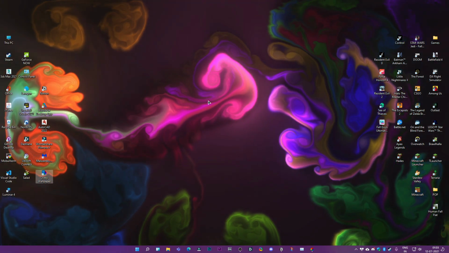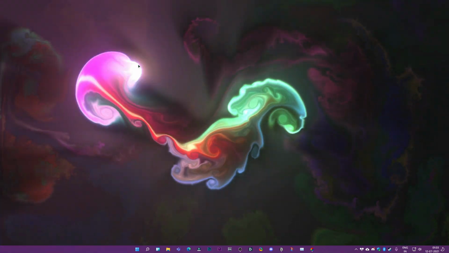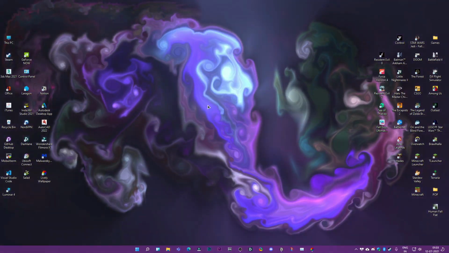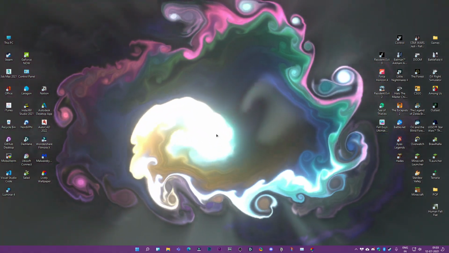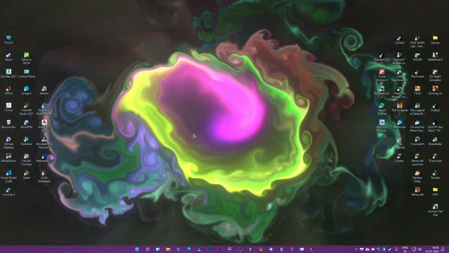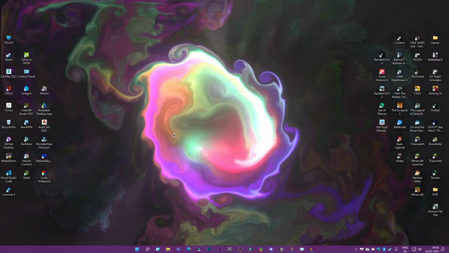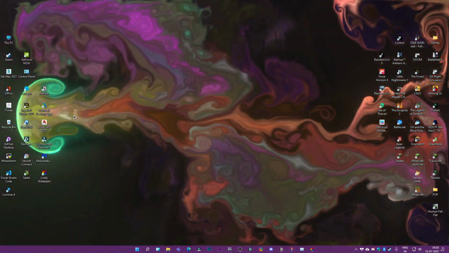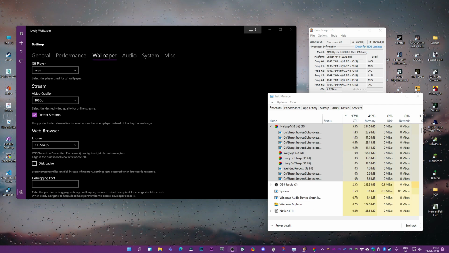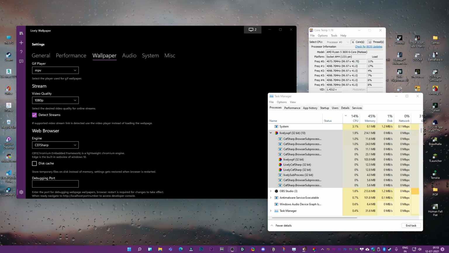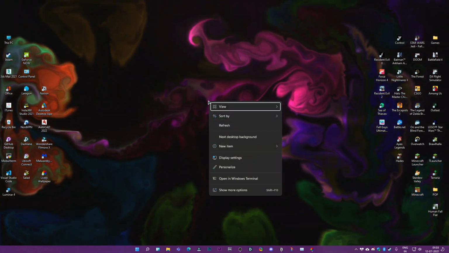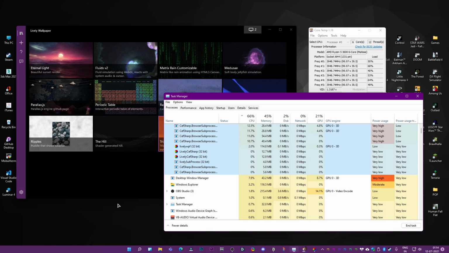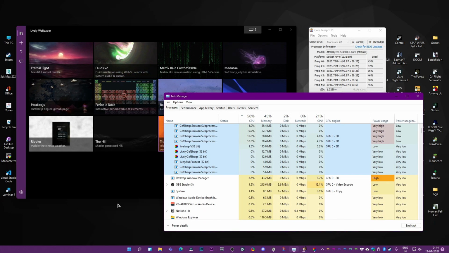Now that I've told you, should you actually install it? Like, is it good for your PC? Malware wise, obviously there is nothing in this. As I told you before, this is an open source software. But the other issue that I personally found on my PC with a Ryzen 5 3600 was that it costs you a lot of CPU usage, especially if you're using one of these interactive wallpapers like this one right here, and the GPU usage is also pretty high.